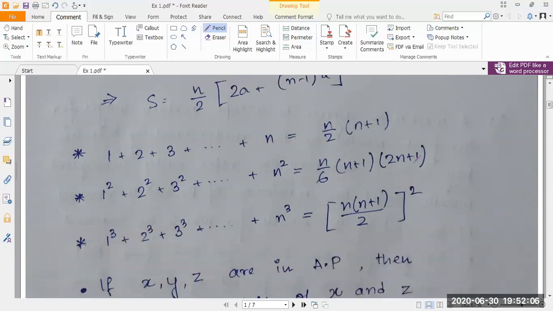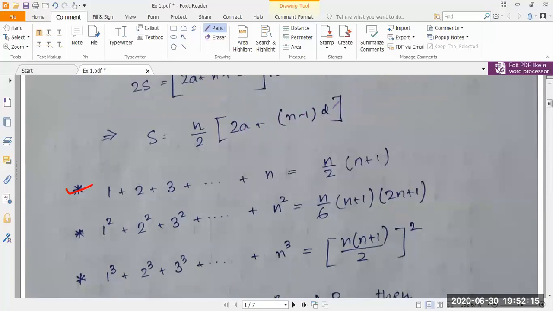There are certain formulae that you need to remember in case of arithmetic progression. So basically these are the sums. Let's see the first one. It's basically the sum of the first n natural numbers. So what you can do is essentially you can take d equal to 1, because the difference between the first n natural numbers is 1. So replacing d by 1, you get this equation. So this equation is not that difficult to remember if you remember the formula.